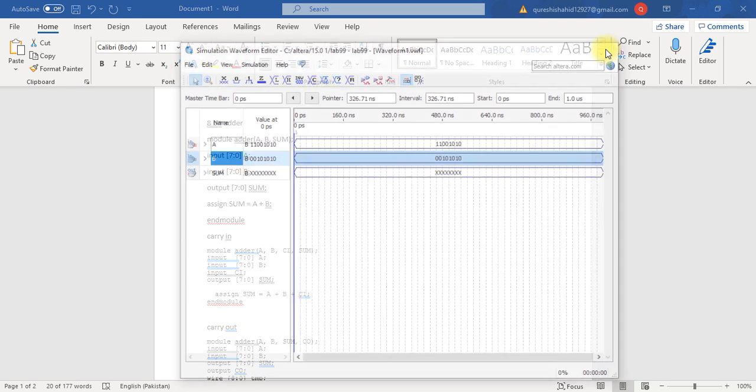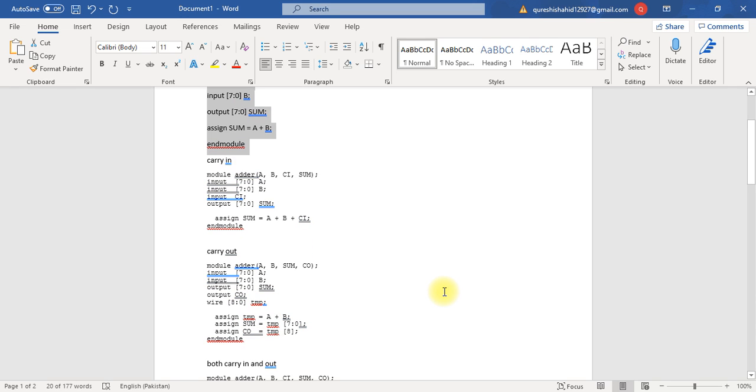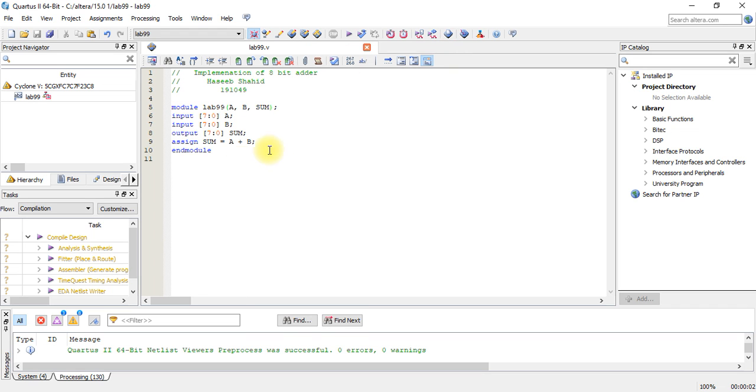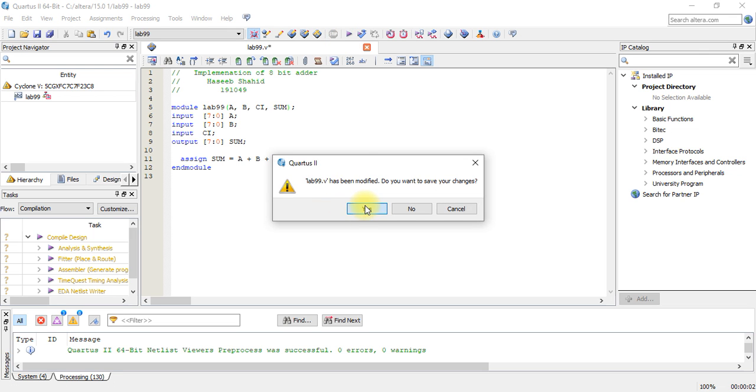So now we will add another operation, which is named the carry in operation. For that purpose, this is the carry in code. This is the code for the 8-bit adder with the carry in operation. We will paste the code by just replacing it like that, and change the file name to the name that we have already given. So let's start the simulation and wait until it simulates.